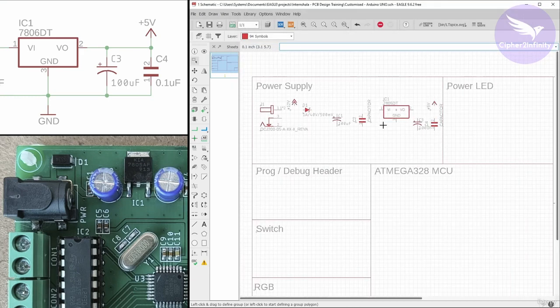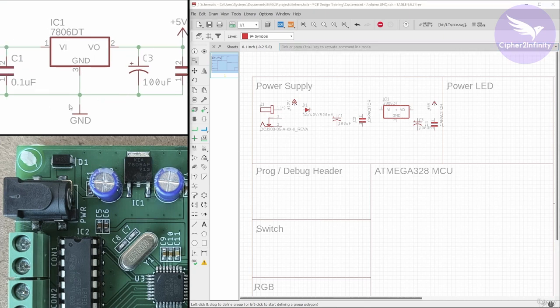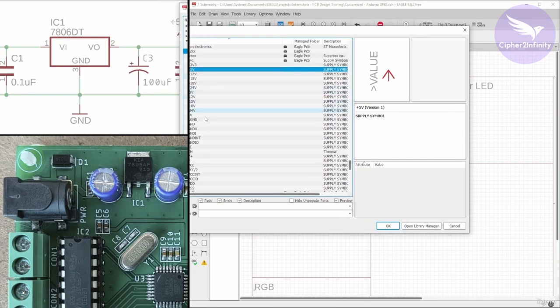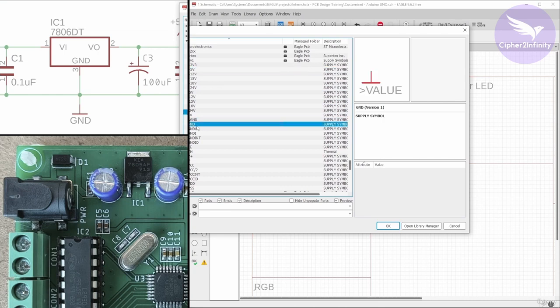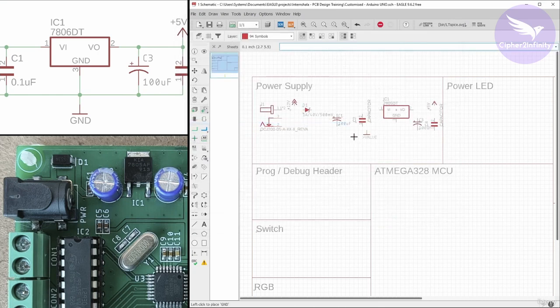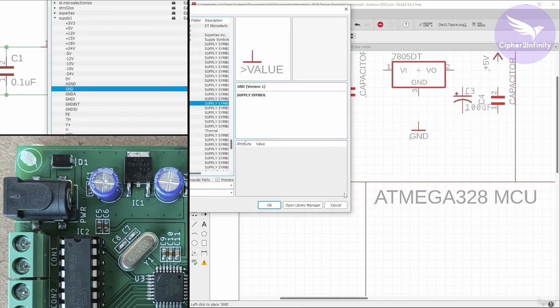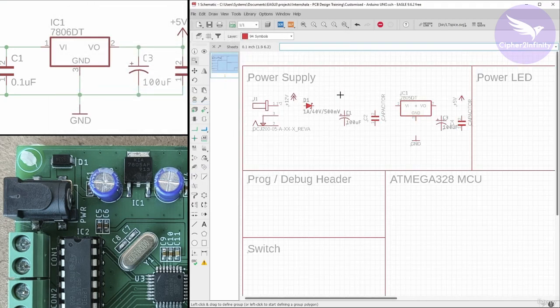So we have all these symbols. This symbol remained, the ground symbol. Again I will go to the supply 1 library, and this is the symbol for ground. I will select this one, and after that I will click on OK, and later I will place it here. Okay, and escape and then cancel. Alright, so we have all the symbols on our schematic editor for power supply block, and now it's time to